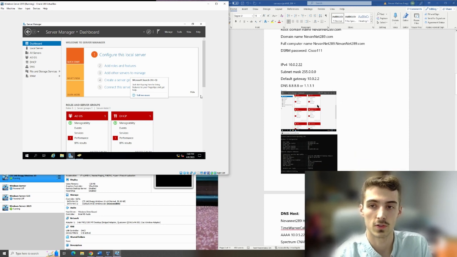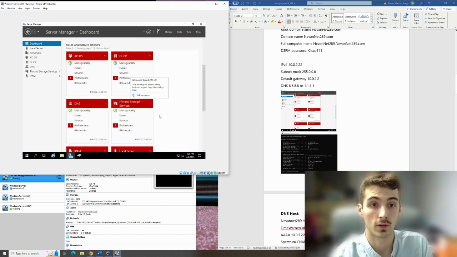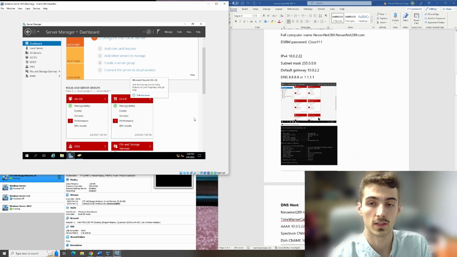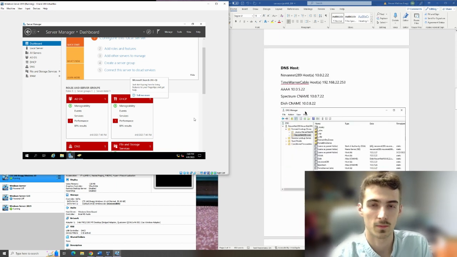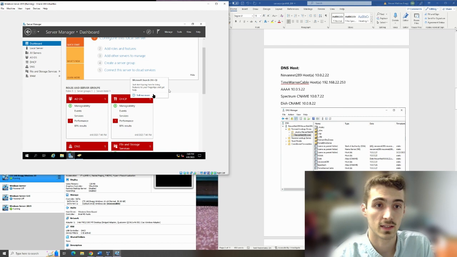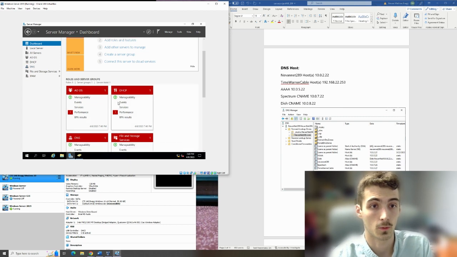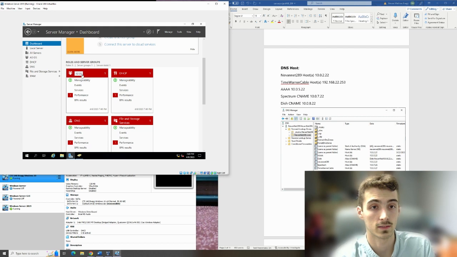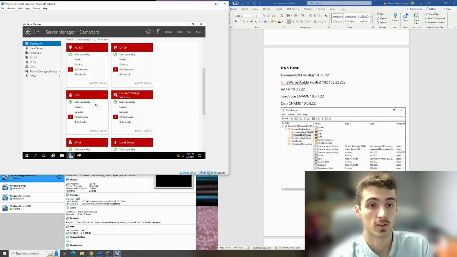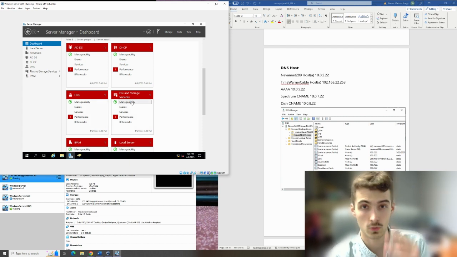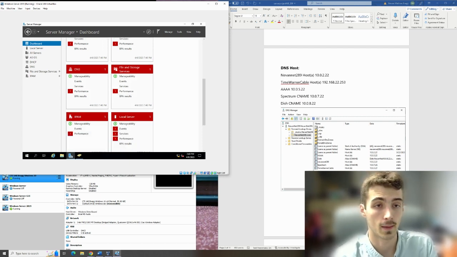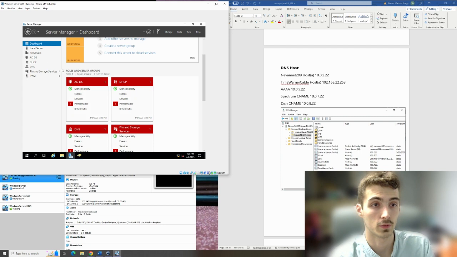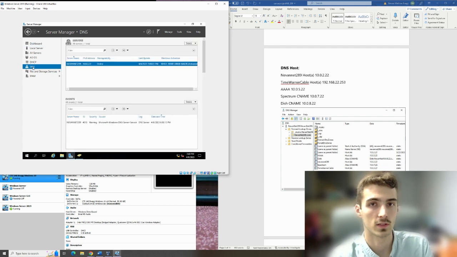Here's the server's original page that you are looking at right here, as well as an ipconfig /all to show some more information. The DNS is the first thing we'll look at. Actually, you can see there are 5 roles: Active Directory Domain Services, Dynamic Host Configuration Protocol, Domain Name Services, File and Storage Services, and then IPAM at the very end. IPAM will be very brief. So without further ado, let's go into Domain Name